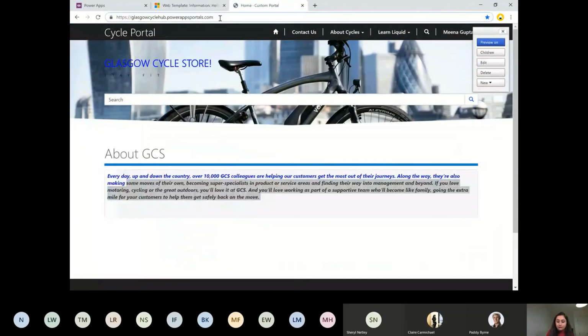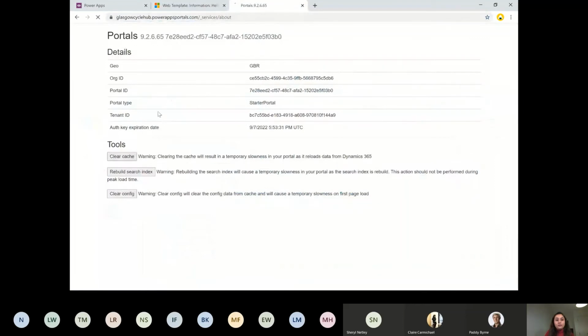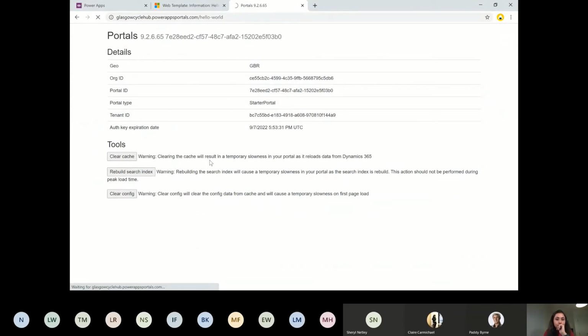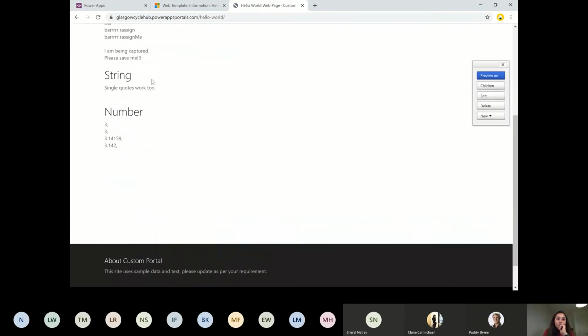So this is just around the different data types and how we can use them. A string is just a string, and single quotes work too. We are just printing this. For numbers, we had 3.14, the value of pi in decimals, but when we display it as a floor, as an integer, and as a decimal, and if we round it to 3, it's just going to display this. This is how we can control the numbering part of it.